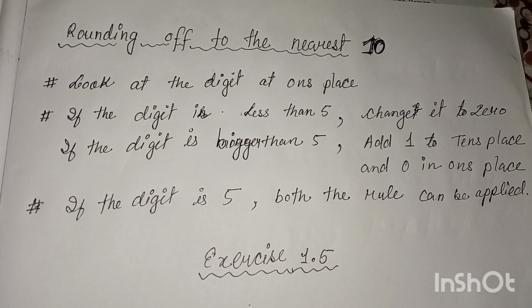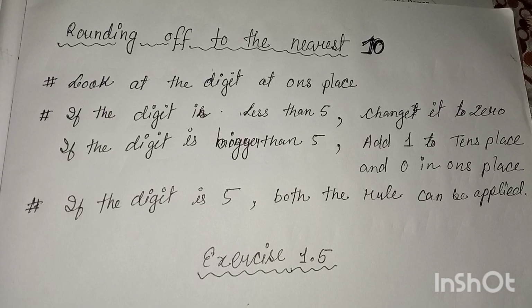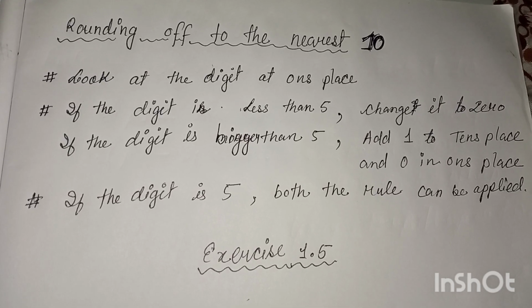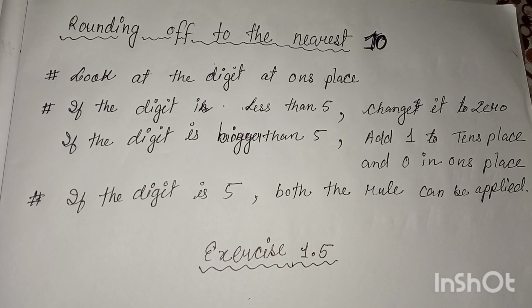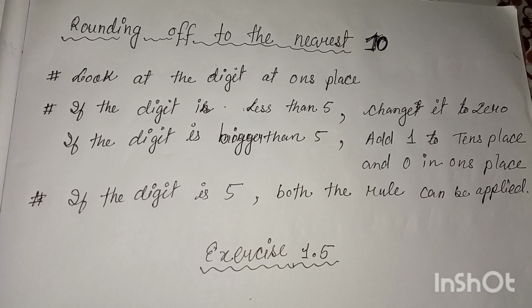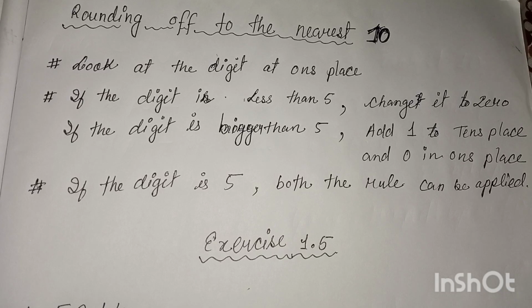Alright. Next, if the digit is 5, both rules can be applied. If the digit in the ones place is 5, either you can change the ones place into 0 or you can add 1 to the tens place. Both rules can be done. Let's see how it works. Let us do exercise 1.5